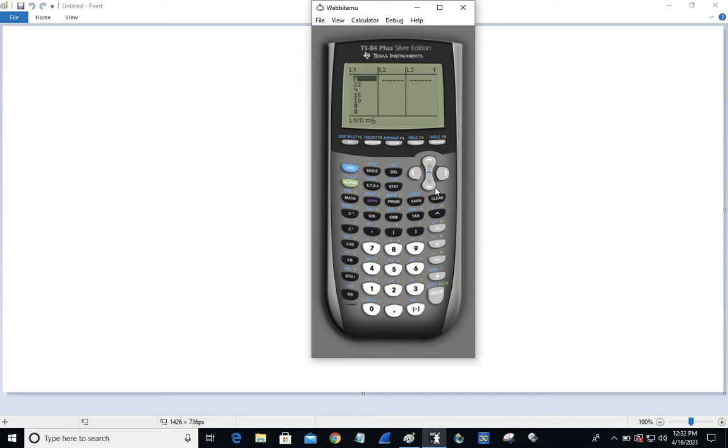Okay, yep, Levy. So once you've got your numbers in there, you go back to your stat button, but instead of going into the edit, you're gonna go over to the right. Choose calculate, choose the calc menu. And you want that first one that's called one variable statistics. We're not gonna get into all this fancy stuff, okay? Hit enter, and then enter again. So hopefully we all got the same stuff.